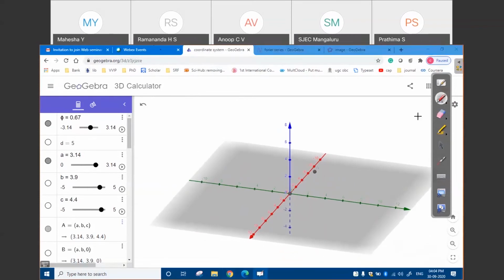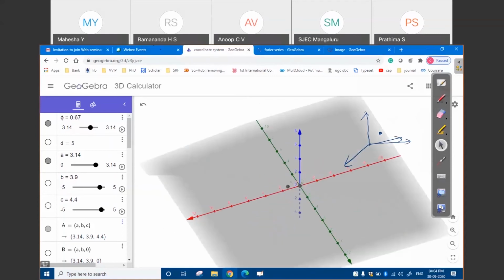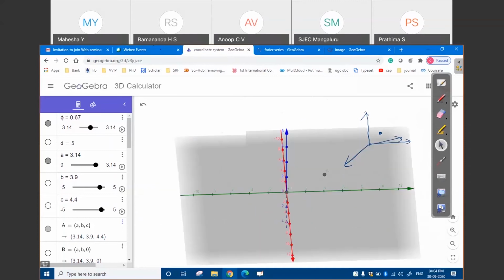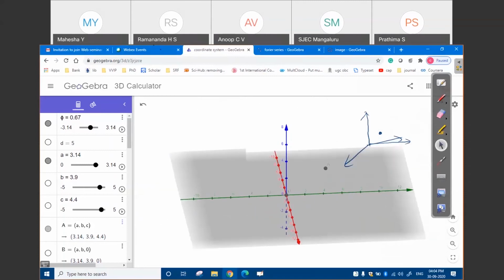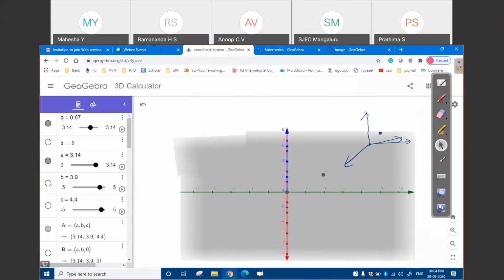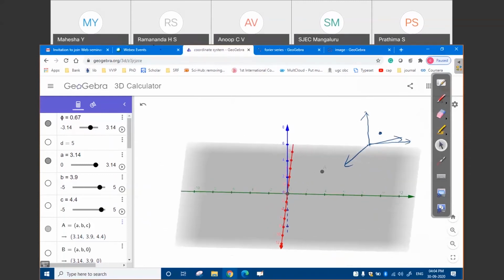Conventionally, what I am teaching is I am using the pen like this. I will draw an x-axis, y-axis, and z-axis like this, and I mark a point here. Now, students have the confusion where is the point, whether it is in front of the screen, or beside the screen, or towards the left, so it is difficult to visualize the point with the 2D diagram. But if I am using this, I can show that A is in the first quadrant with the values of how much in x-axis, how much in y-axis, and how much in z-axis.